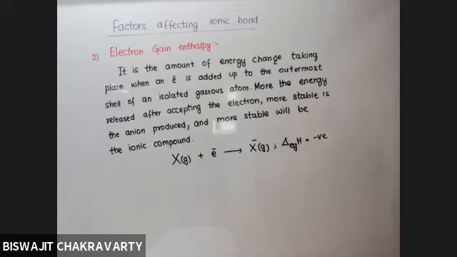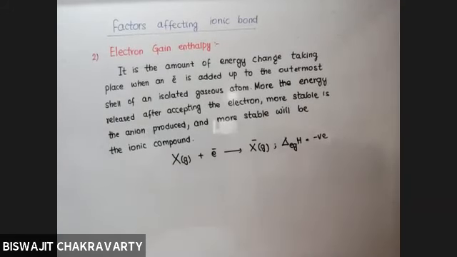So during the formation of anion, energy release should be high or low? High. Energy release should be high. So the two favorable conditions for the formation of ionic bond are: number 1, low ionization energy, and high electron gain enthalpy, high negative electron gain enthalpy. Because when we specify negative electron gain enthalpy, it means energy is released. So here negative and positive means energy is released, energy is absorbed. So both of our constituents required for the ionic bond formation are ready.